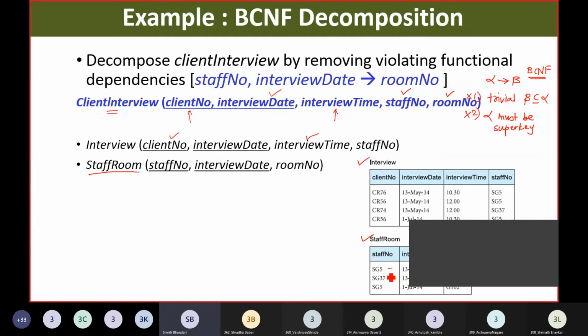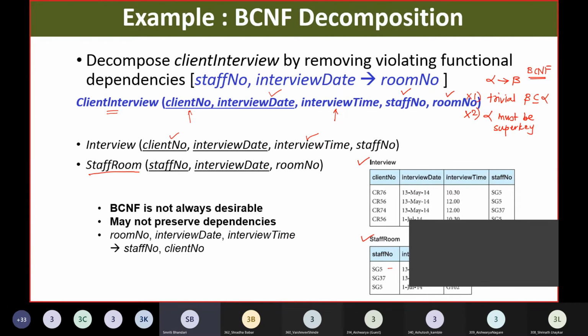But now we have decomposed the relation and we have removed the redundancy. So it is possible for us now to remove the redundancy in 3NF. And we have come up with this BCNF decomposition. Right? And that is why we said that BCNF is more stringent than 3NF, because it is not allowing any redundancy now. Okay? But